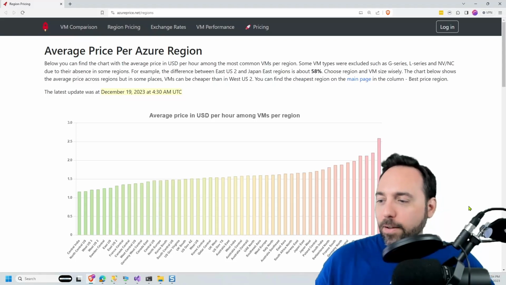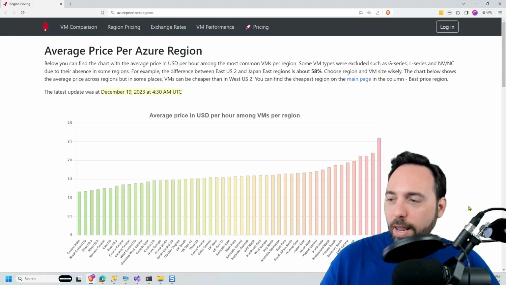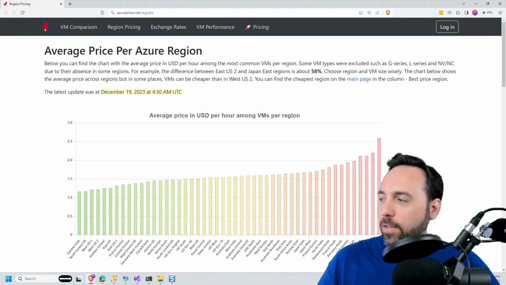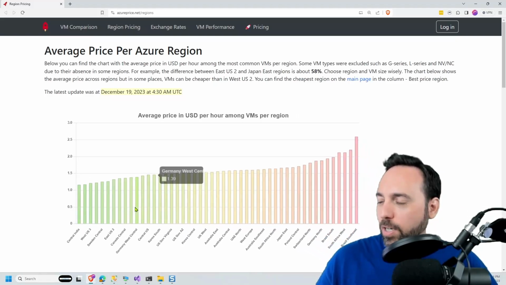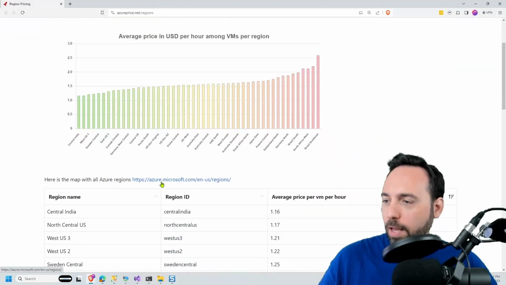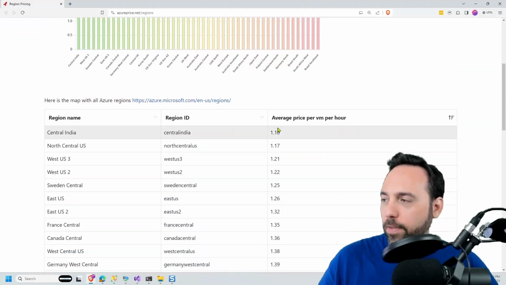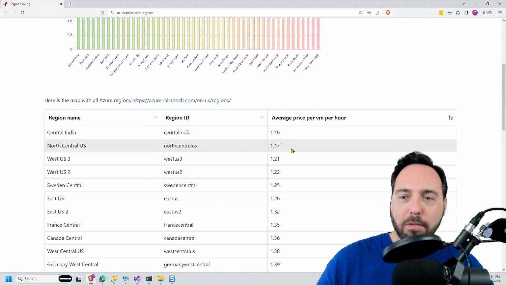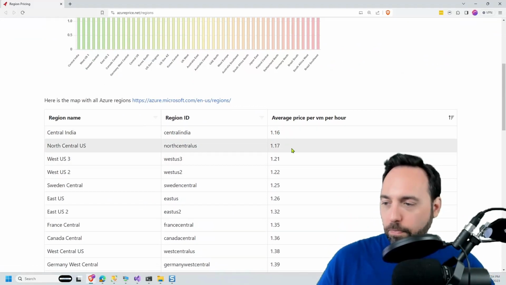If you look at the chart, Central India, North Central US, those are the cheapest regions. The most expensive ones: Brazil Southeast, Switzerland West, South Africa West. So for some of these regions, they're significantly more expensive than others. And this is average price per VM per hour, based on however they did the calculations.